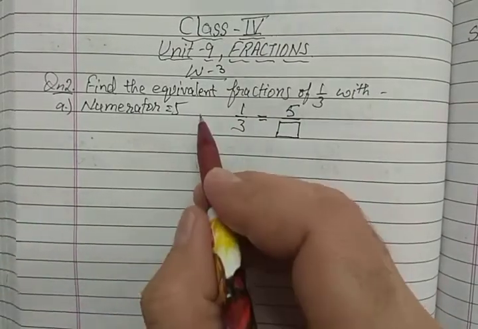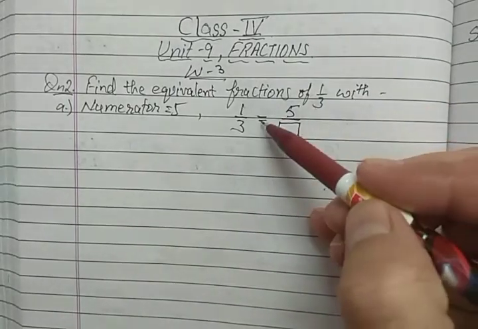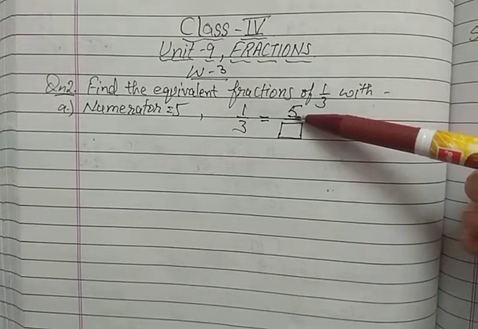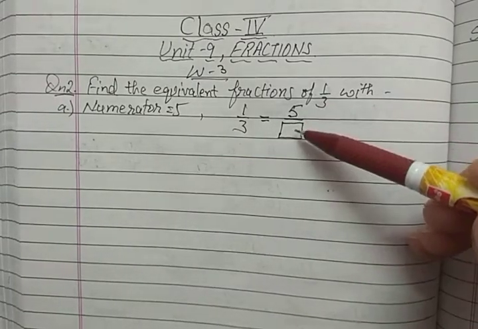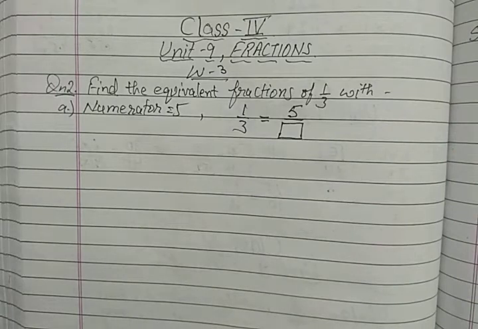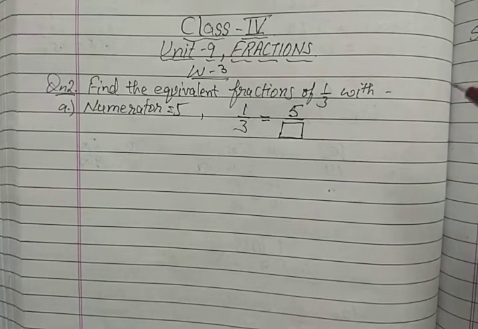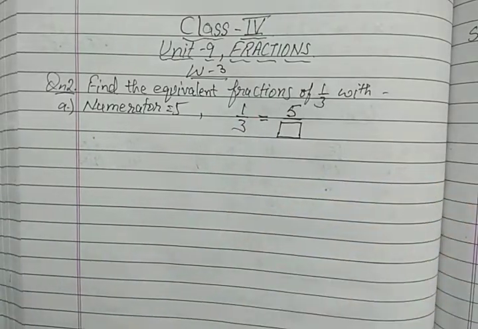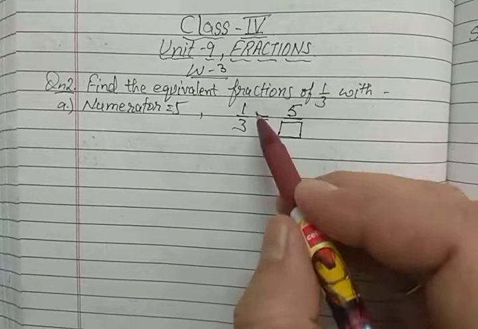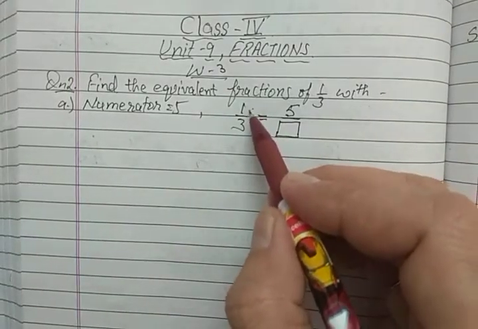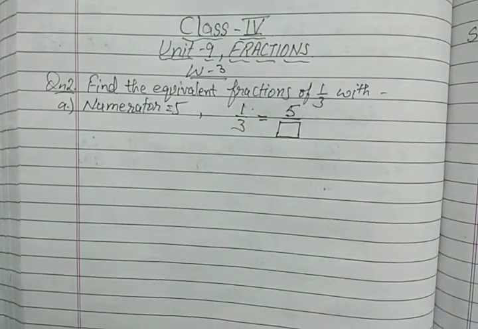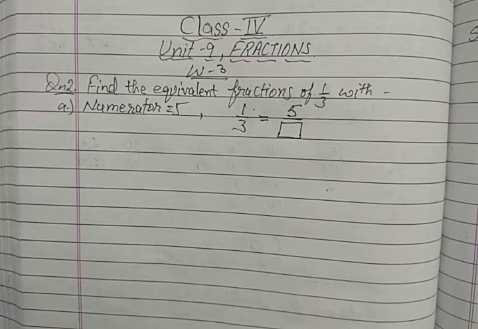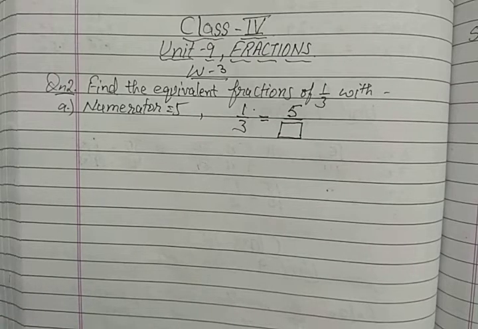So this question is made. 1 upon 3 fraction was given and we have to find the equivalent fraction whose numerator is given, that is 5, and we have to find the denominator. Easy. Now it becomes easy. So here we have to recite the table of 1 till 5. So 1 5s are 5. So we have to multiply the denominator by the same number. How are equivalent fractions made? When we multiply numerator and denominator by the same number.